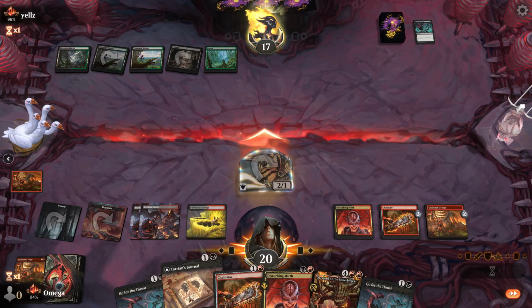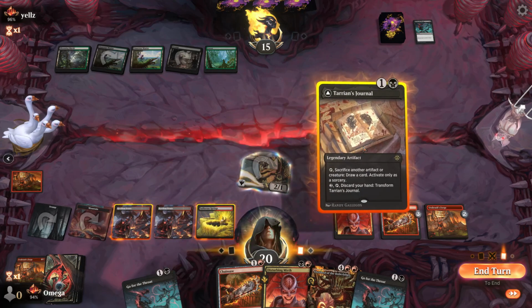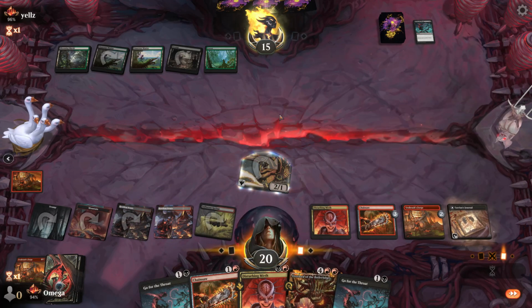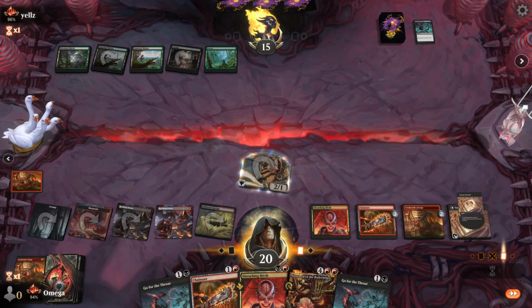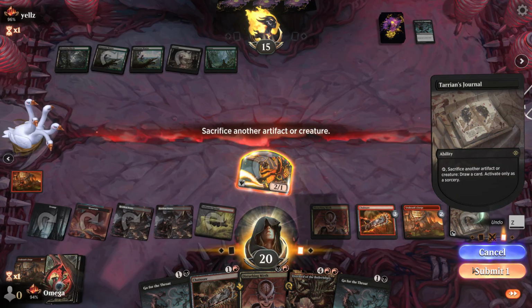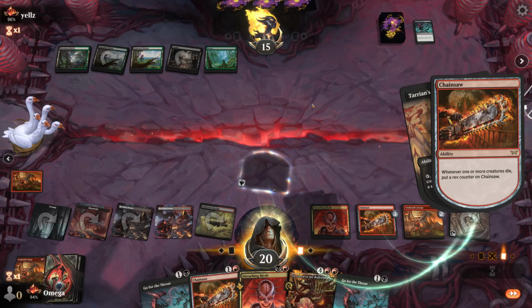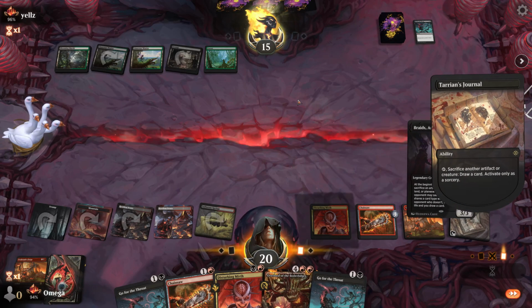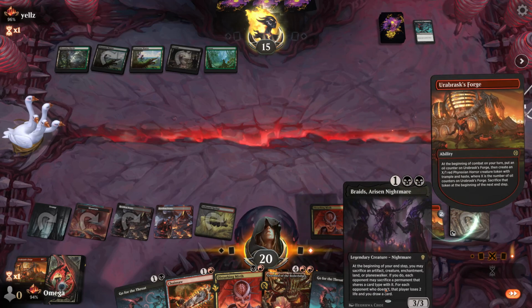I actually wanted to use this card for such a long time, man. I love it, but nothing fit except this deck. And now we can start drawing cards with this. Let's sacrifice a creature. Oh my god, oh, the value. It's more value than control decks. And here's Braids, our super...